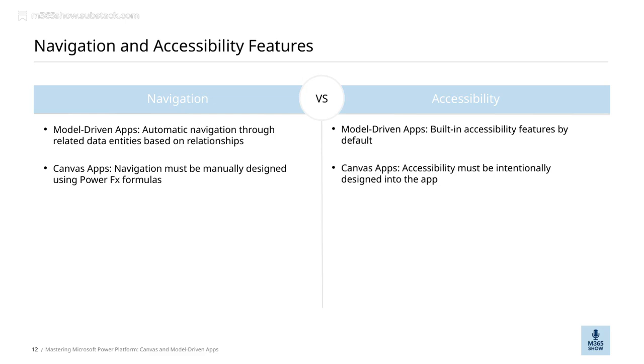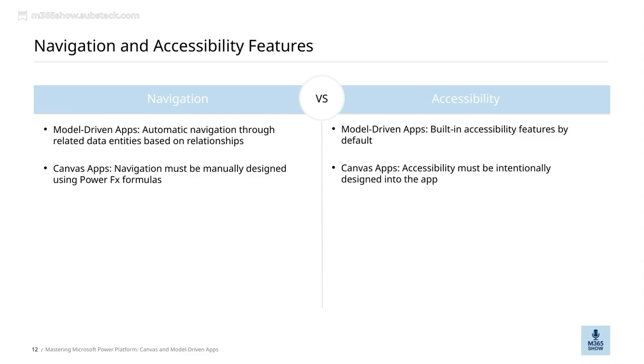When it comes to model-driven apps, these accessibility features are built in by default, which means they are designed to support users with different needs without extra effort. This makes it easier to ensure your app is accessible right from the start. On the other hand, Canvas apps require us to intentionally incorporate accessibility features. We need to plan and design these features ourselves, making use of tools like Power FX formulas to create accessible